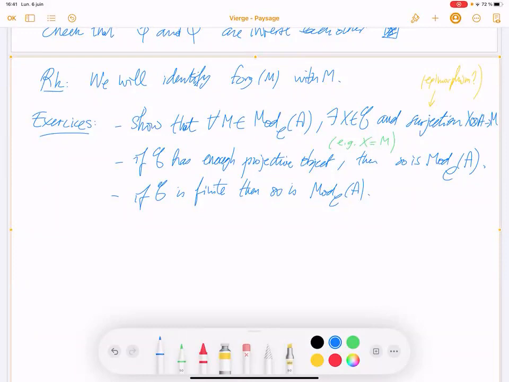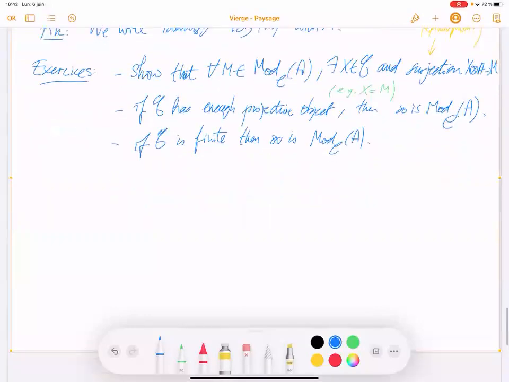So in this finite case, it's always of the form mod-CA for some algebra A, but you can have different algebras providing the same C-module category. And two algebras providing the same C-module category are defined to be Morita equivalent. So let me write all this.